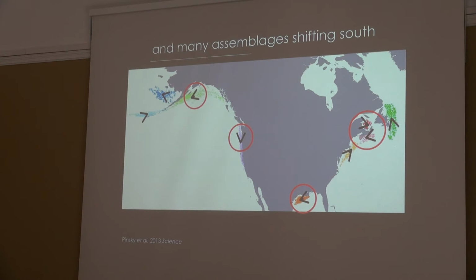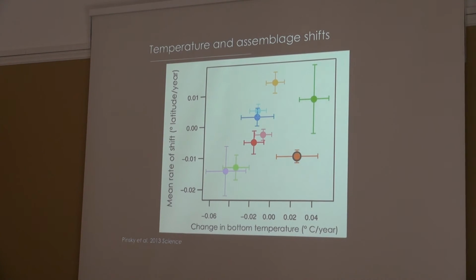So one of the first things we looked at was, okay, how have temperatures been changing in each of these regions over the time of these surveys? So here on the vertical axis is that community-wide average of whether species are moving north or south. And then on the horizontal axis, change in bottom temperature. Is it getting colder or is it getting warmer? And if you squint, like I tried to in the beginning, maybe you see some pattern. It seems like in some of these regions where it's warming, species are more likely to be moving north, and in regions where it's cooling, they're more likely to be moving south.